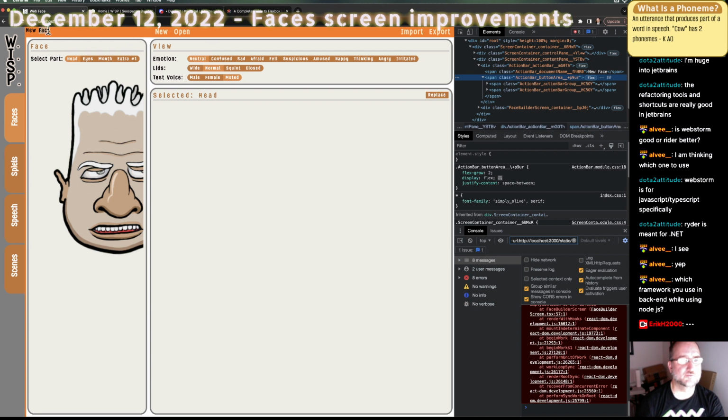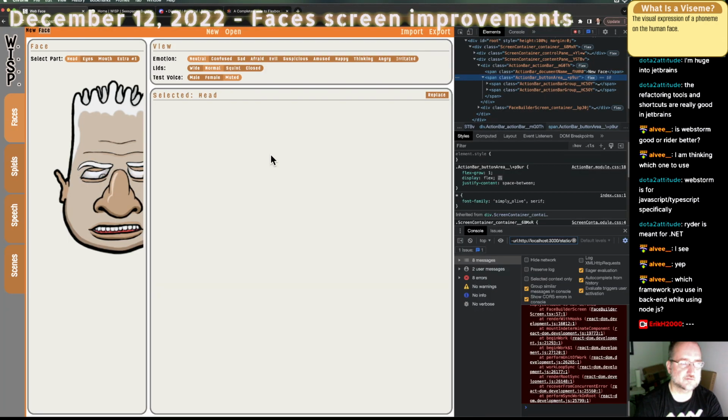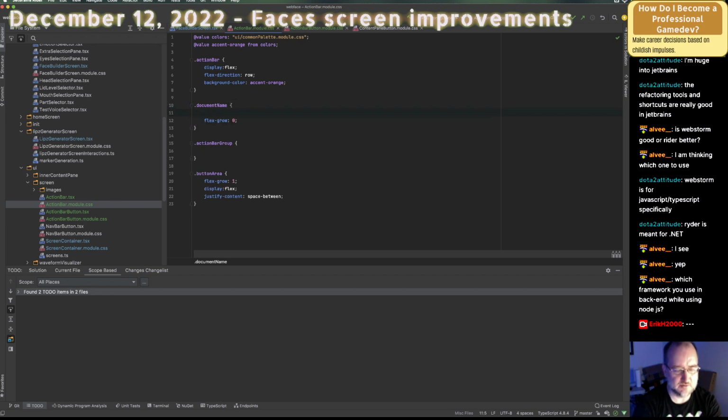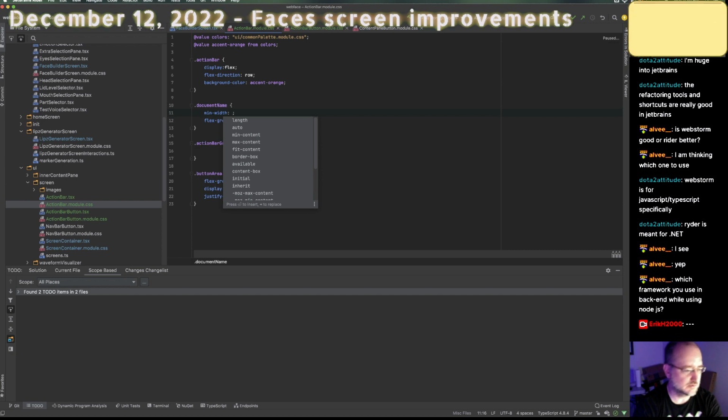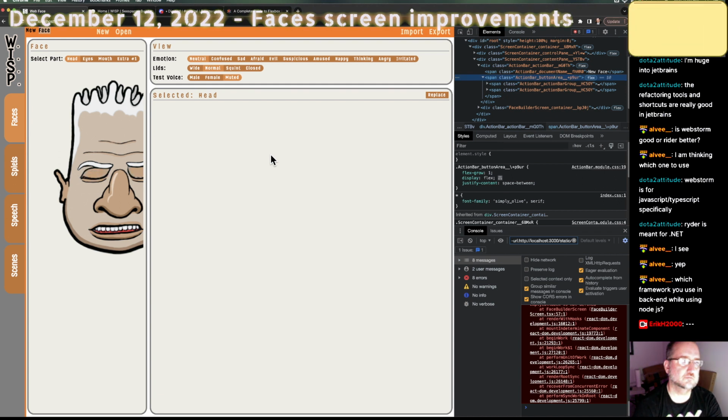What if I do 1? Does that go half and half? Yeah, or I don't know about that. Okay. Document name, flex grow 0. Just give it like a minimum width of 10 REM. Okay, then it's gonna need